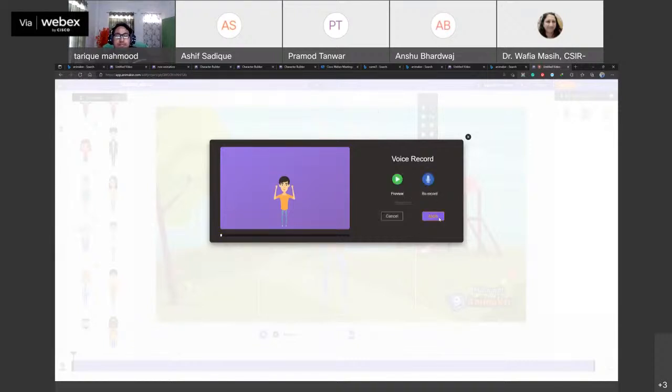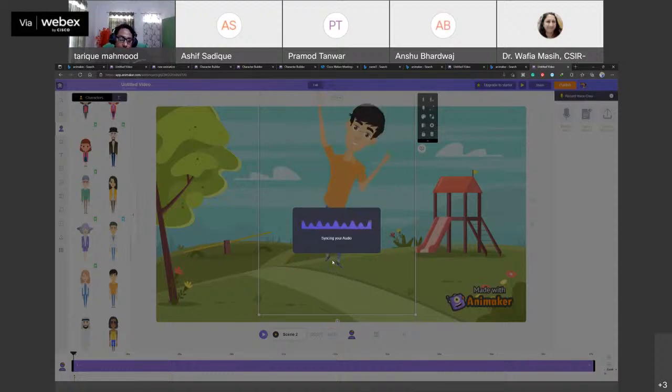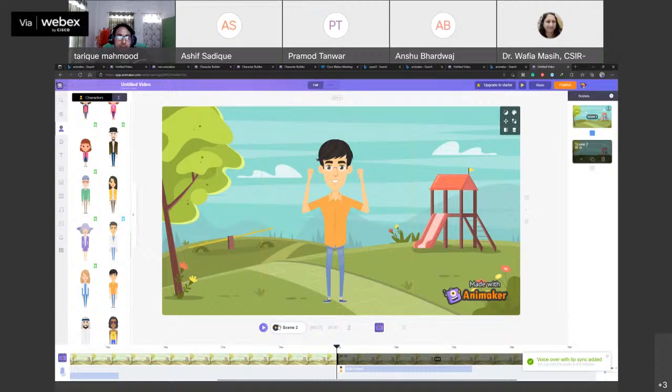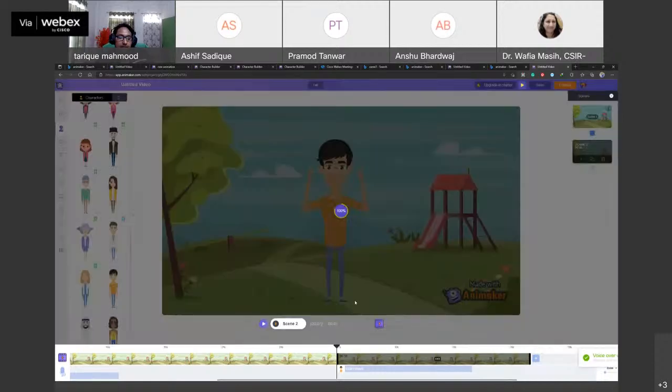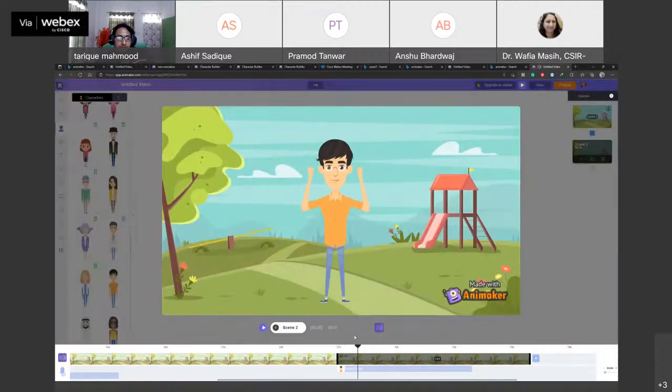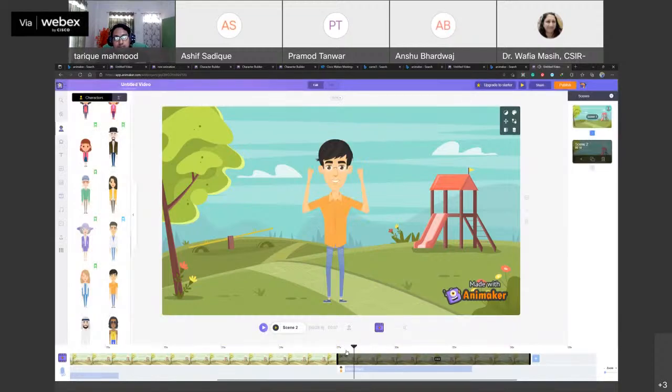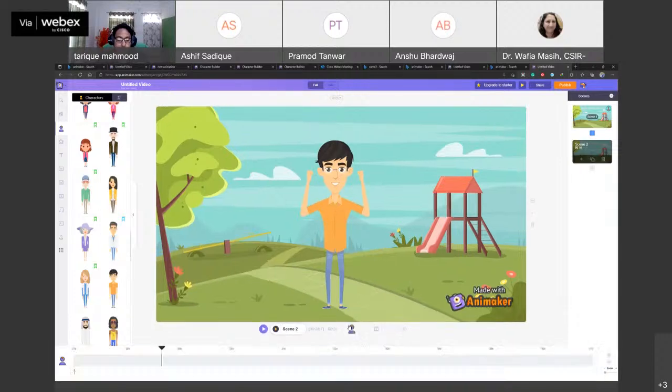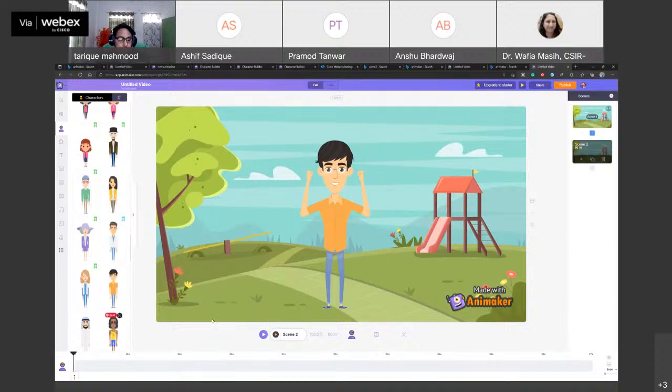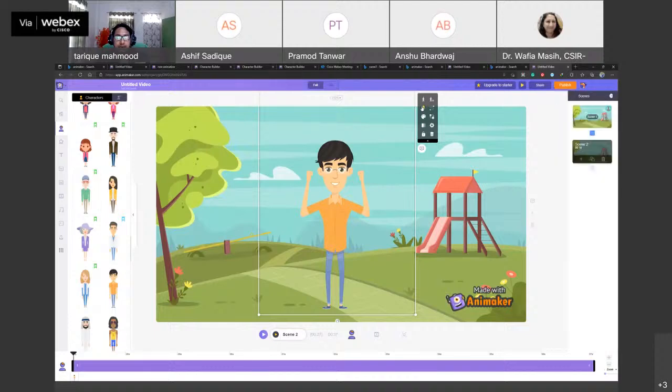So now I will simply apply the audio, and now you will be able to see that this audio has been very smoothly synced. So yeah, my voice has already come. So I will record again. So I will drag this seek bar and I will click and